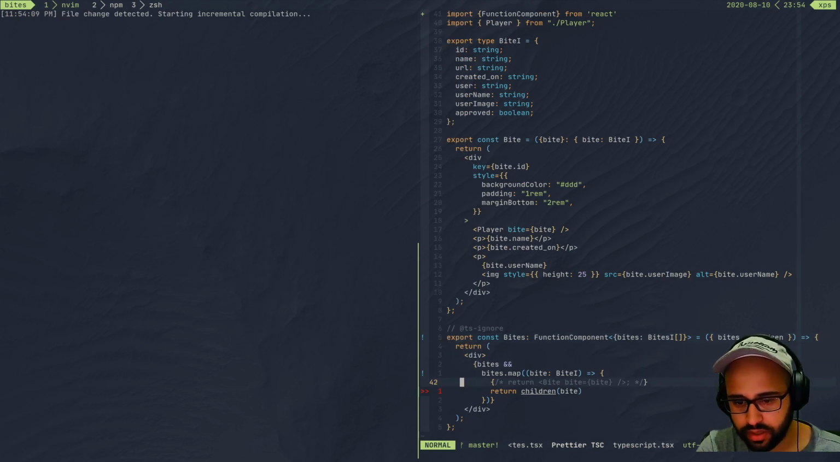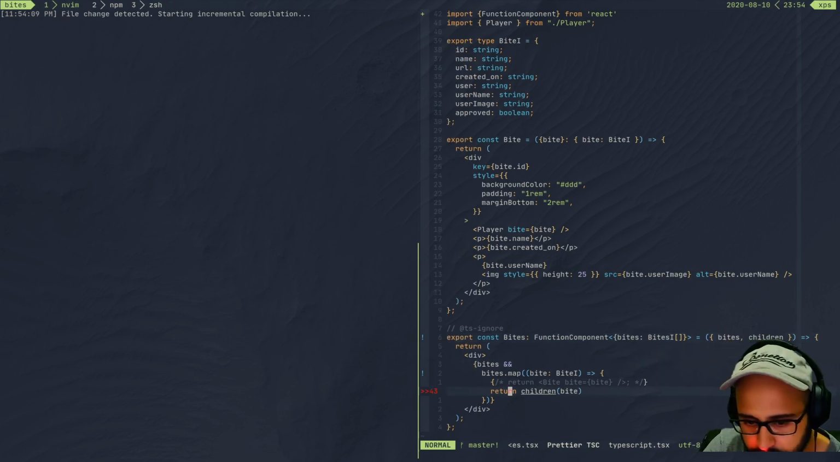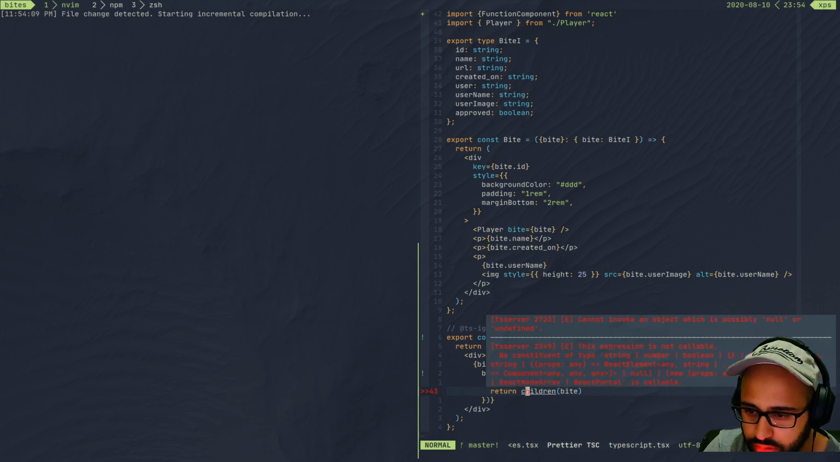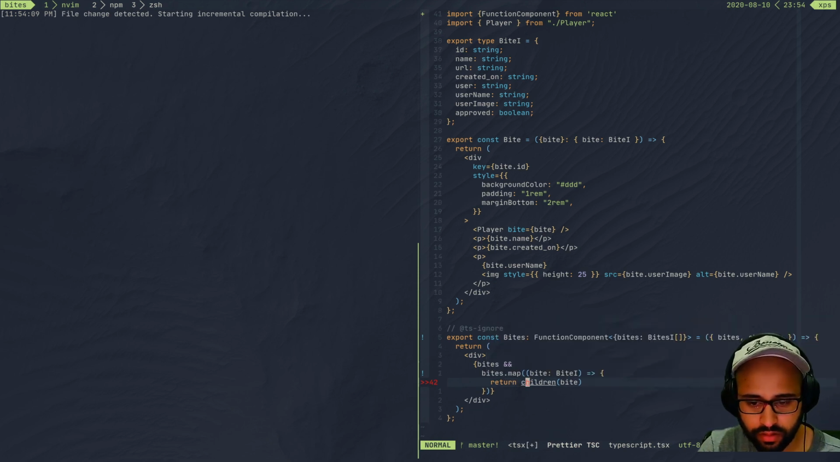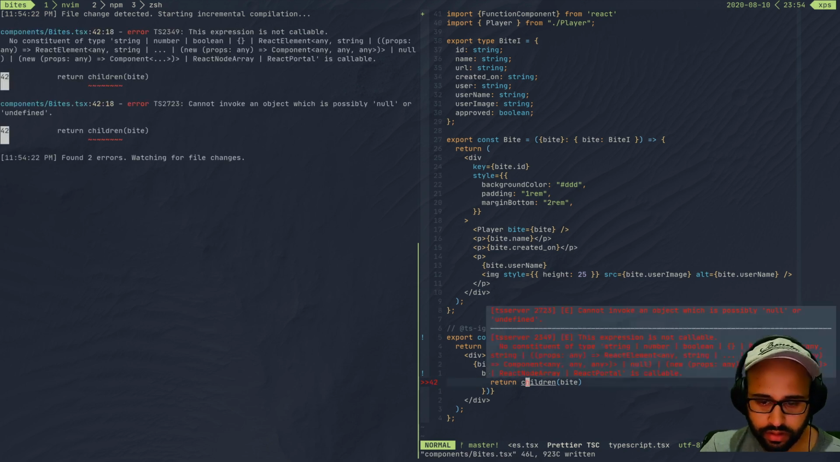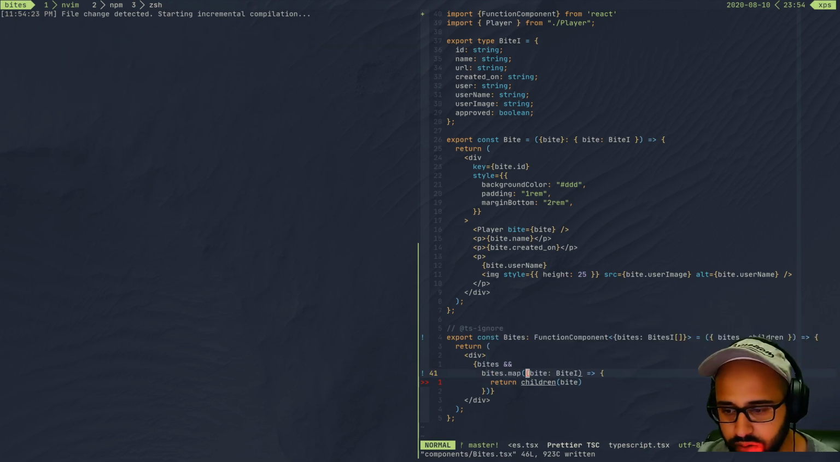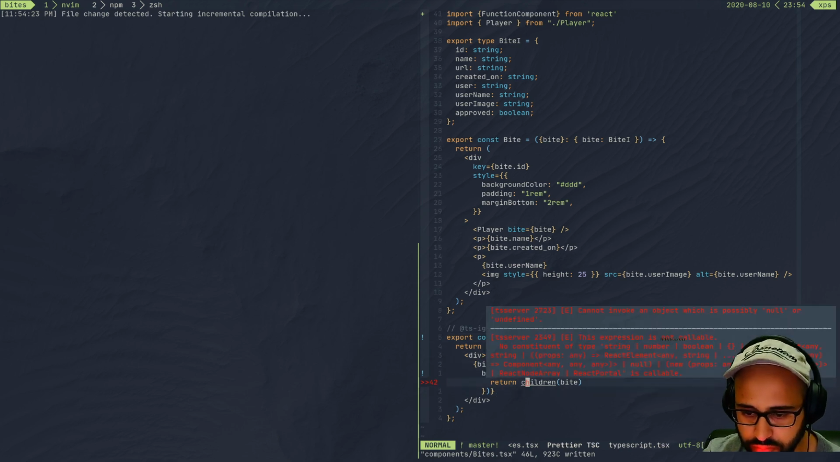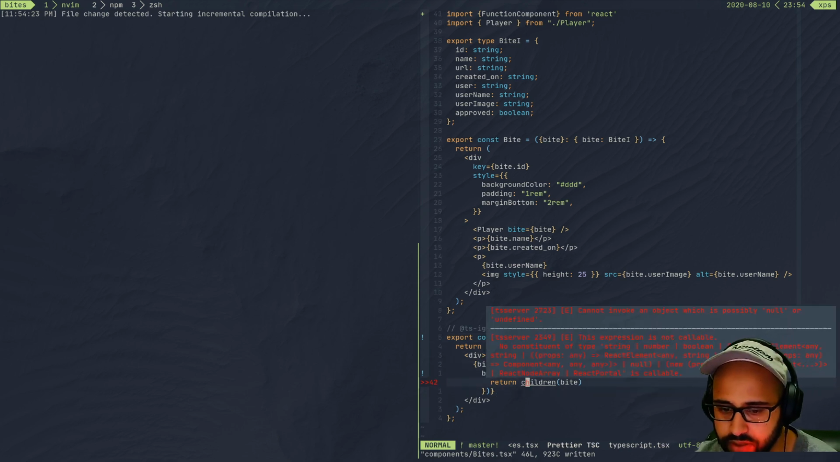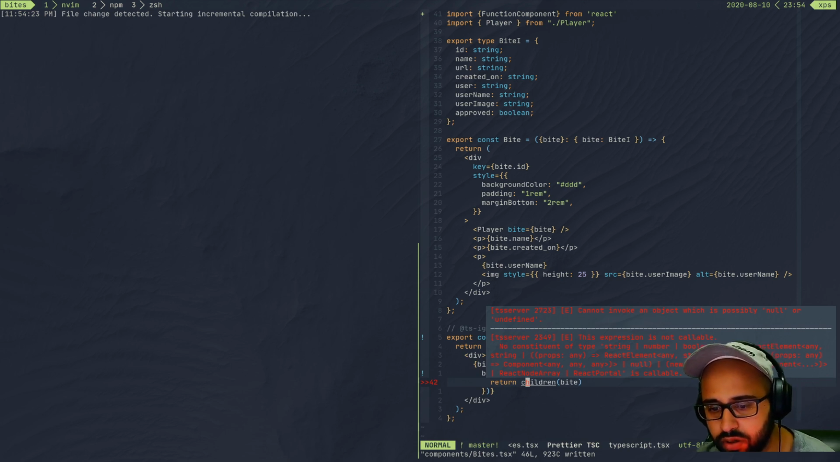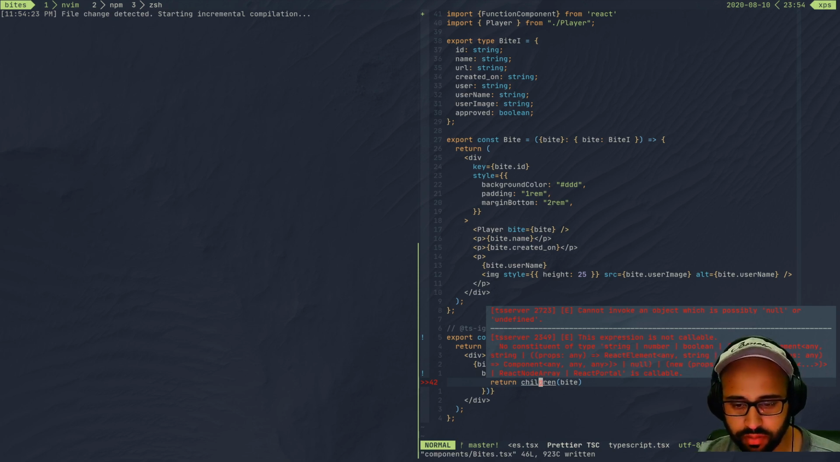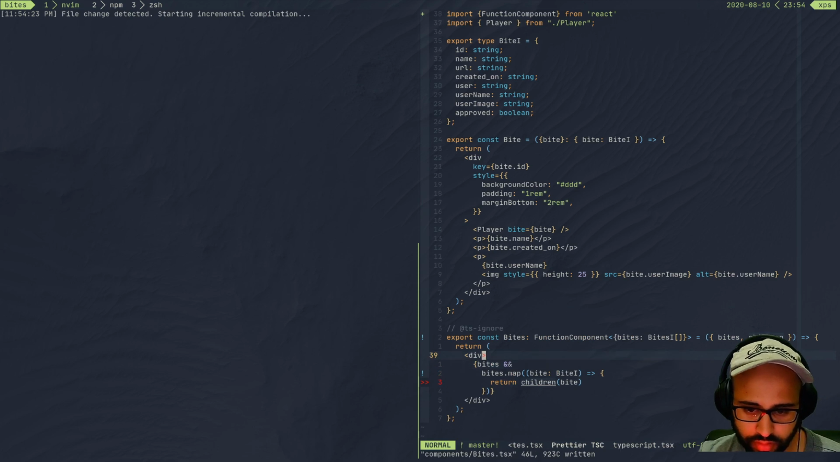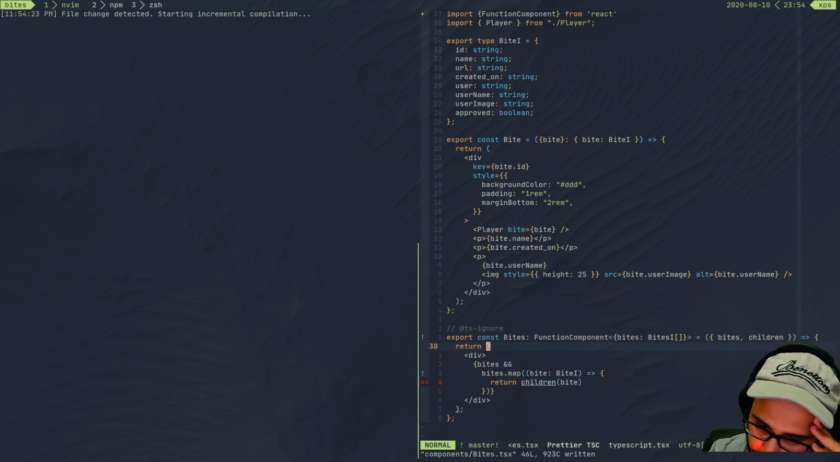Now it's complaining that children... if it's not really sure if you have children or not, right? That is its problem, I think. And then what else? The expression is not callable, no constituent of type string, number or boolean, React element or any. Okay, so this is not something it's happy about. So the children actually